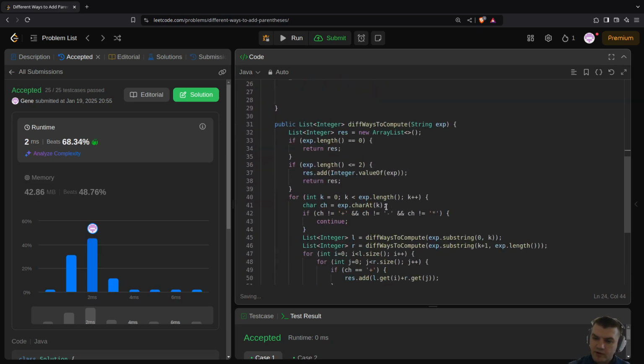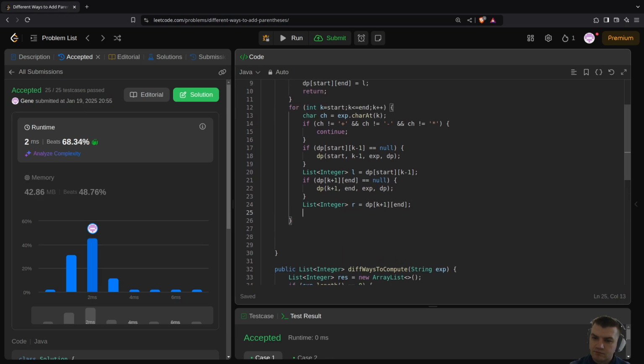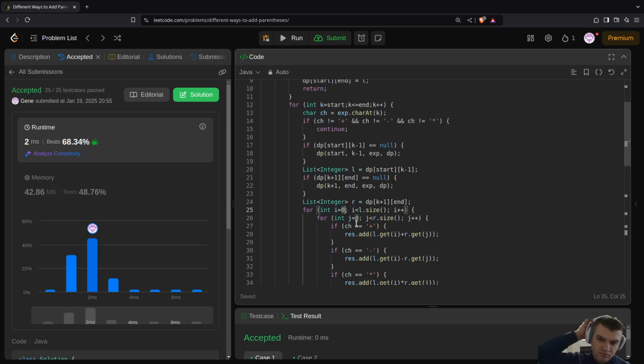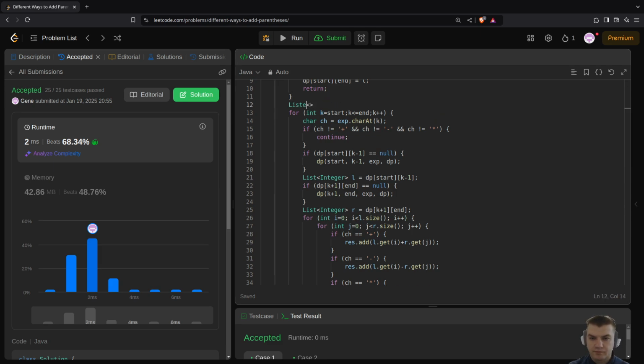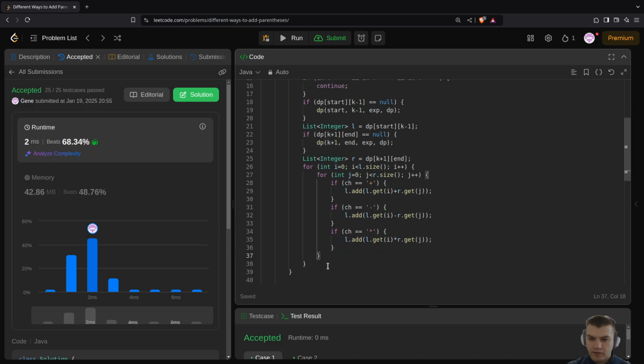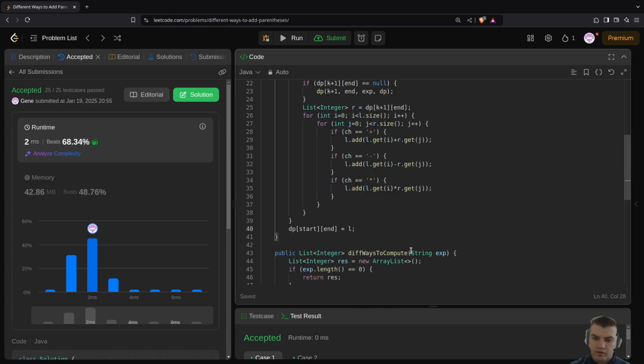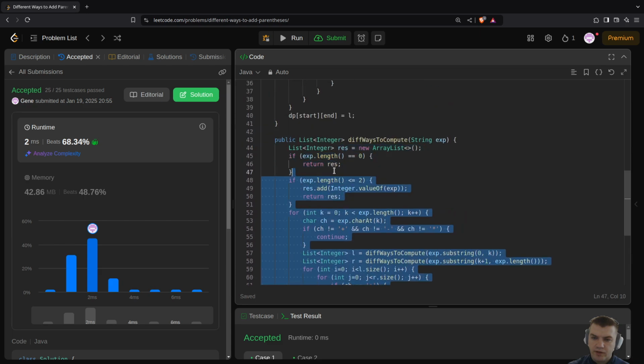and then I want to unify that as I did it here. And then I have this list integer left equals new list, then list add, and then I want to do this in the end, dp start end equals list. Then that's it, and then I want to call this dp,